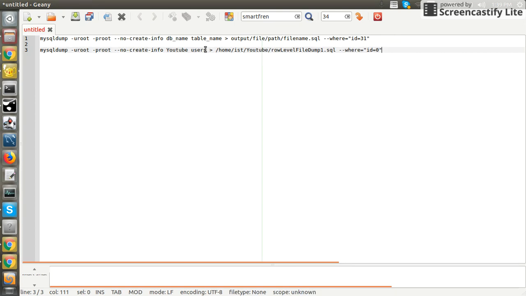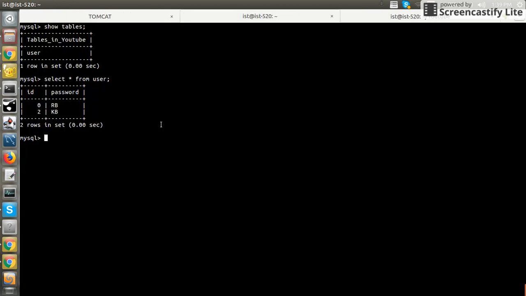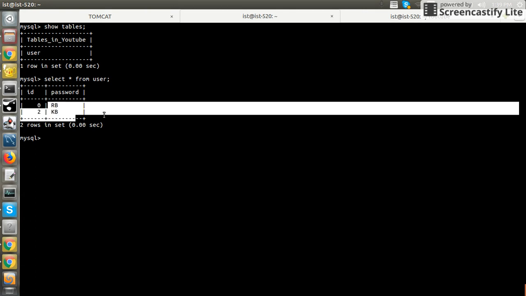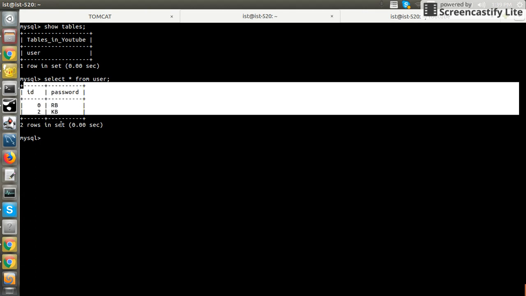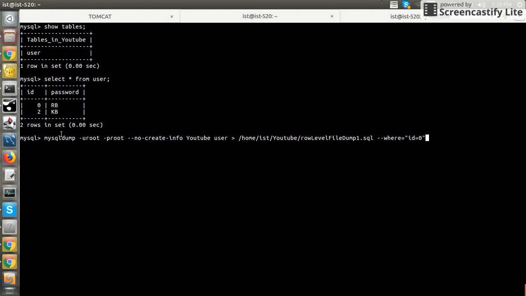So just first copy this. This is the path, and this is the query, the final query which I want to execute on my database YouTube, with the username, table name user, the file name, and the ID. It is on row level 0. Okay, go to the database. That's my table. The details are present in my user table. This is just my query,